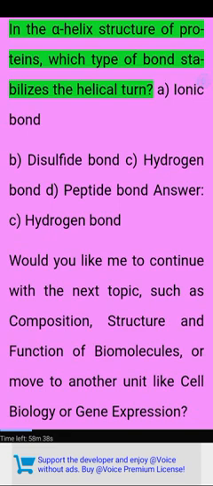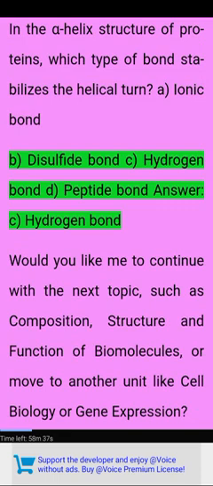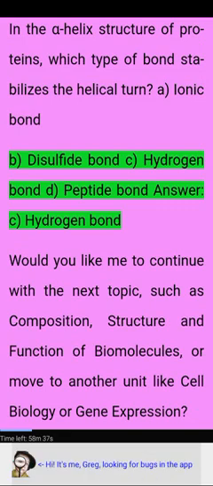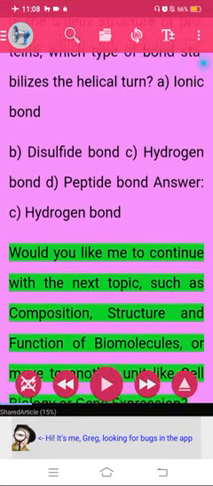In the alpha helix structure of proteins, which type of bond stabilizes the helical turn? A. Ionic bond. B. Disulfide bond. C. Hydrogen bond. D. Peptide bond. Answer. C. Hydrogen bond. Would you like me to continue with the next topic, such as composition, structure and